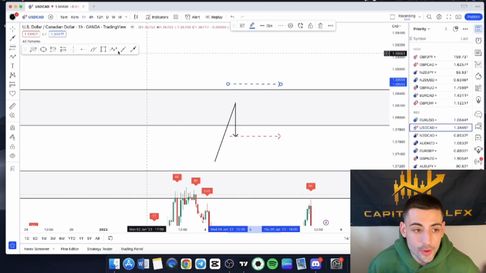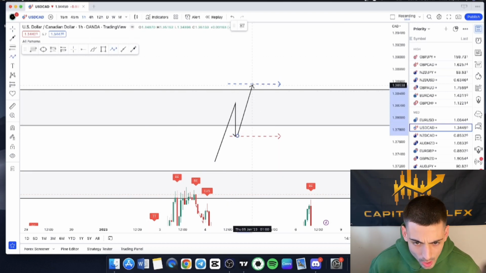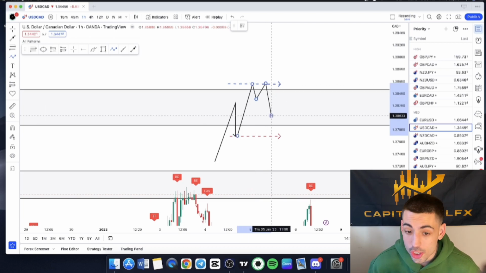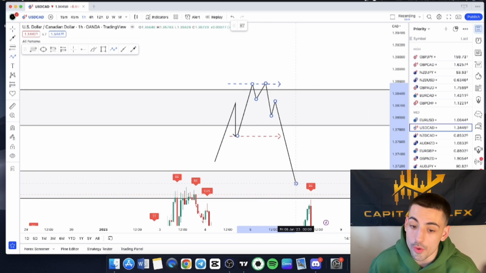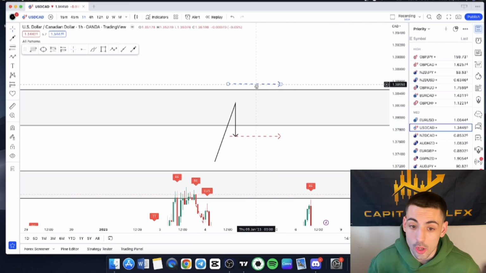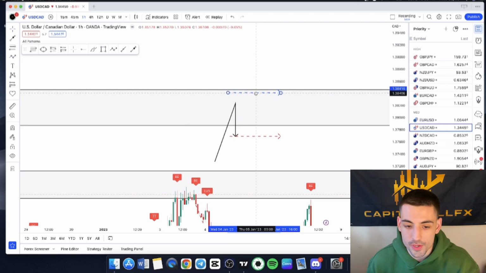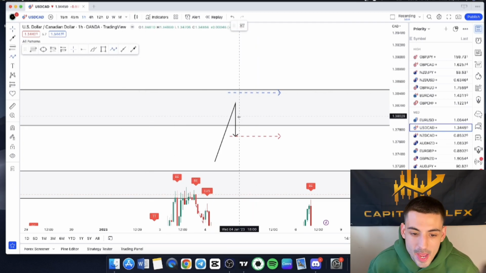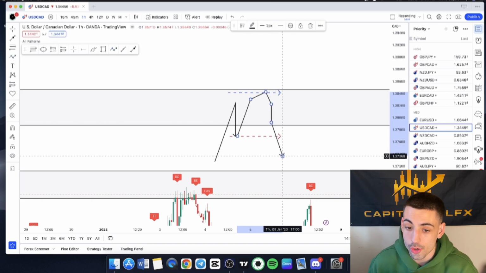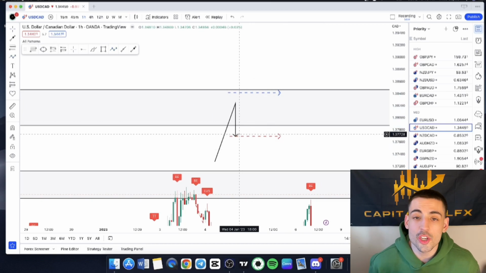And now even if we come back to test the zone, we could run the risk of actually activating our hedge order when it could just be coming back and retesting the zone, and it will go in the initial direction that you anticipated. And this probably happens to a lot of you when you place your stop losses right above the zones, and then price comes back and tests the zone, and then it ends up stopping you out, but then it ends up going in the initial direction that you anticipated. This is because you're not being patient and disciplined, right? Don't